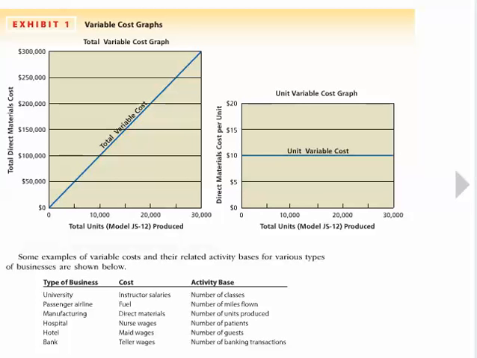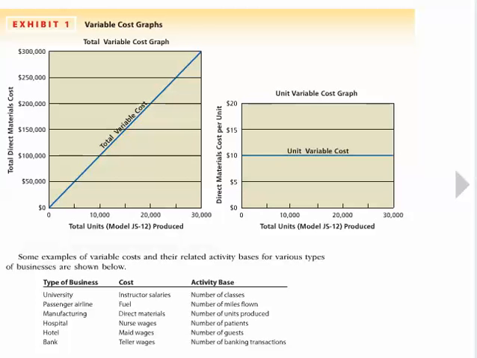If, on the other hand, we do 10,000 units, then our cost is going to increase, because if it's say $10 a unit, then the variable cost for 10,000 units would be $100,000. If we do 20,000 units, our variable cost associated with 20,000 units at $10 per unit is going to be $200,000. So as the volume increases, so will our total cost. And so we have direct materials, in this case, at $10 a unit, we can see it's going to be